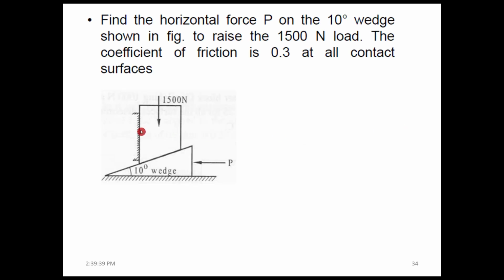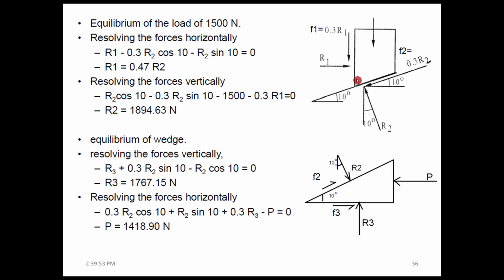When you draw the free body diagram, there will be a reaction from the board, a reaction from the wedge, the weight of the body, and also the frictional force between the body and the wedge. So those forces are here,